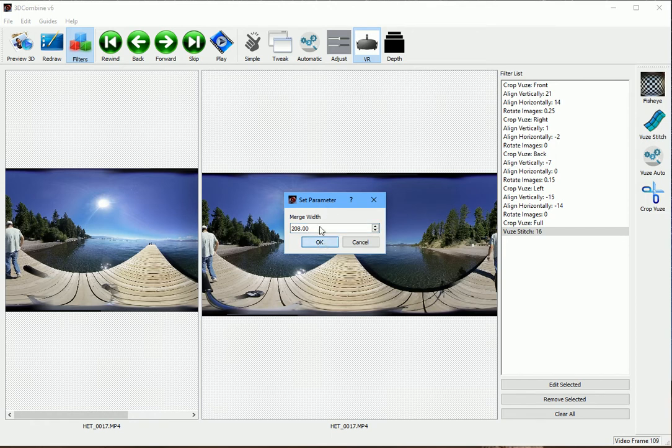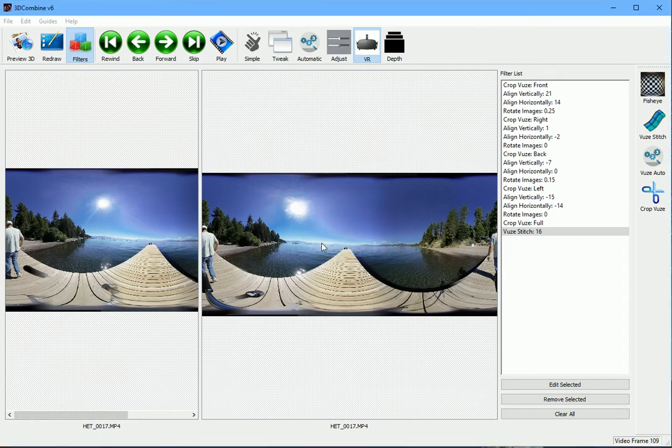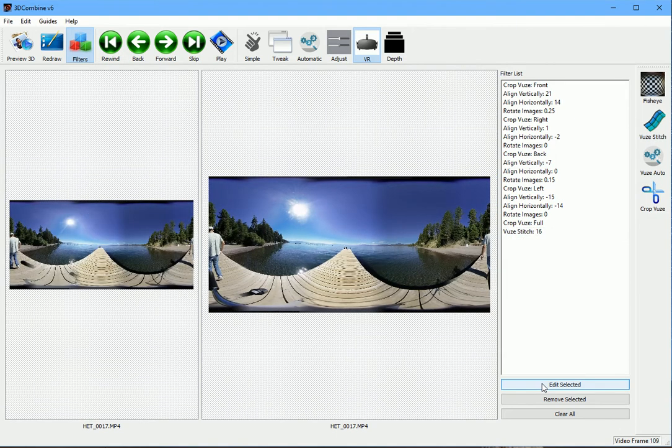Finally, it's created a merge width, so it's looked at the number of pixels that it's merged over, and you can see that on the right hand side as it fades from one image to the other, and that's just to try and help hide any inconsistencies. So obviously I didn't change anything then, but if I looked at this right hand image and I thought, oh, that's not quite aligned right,